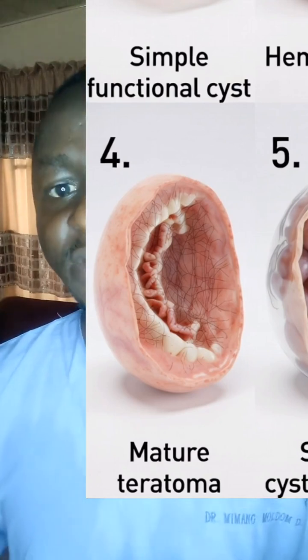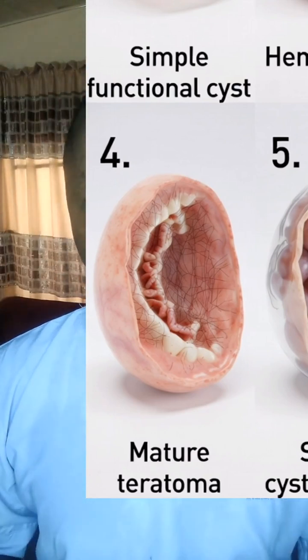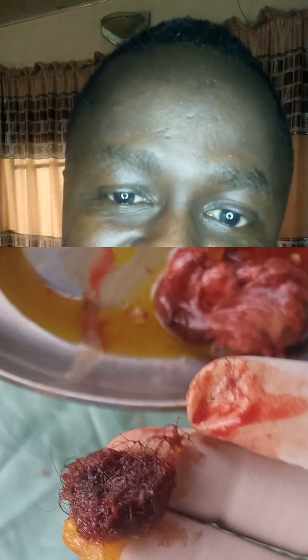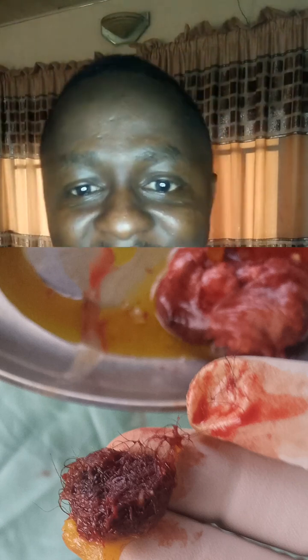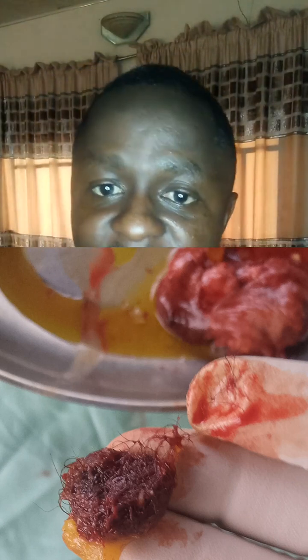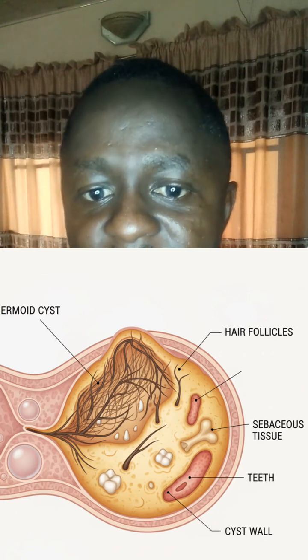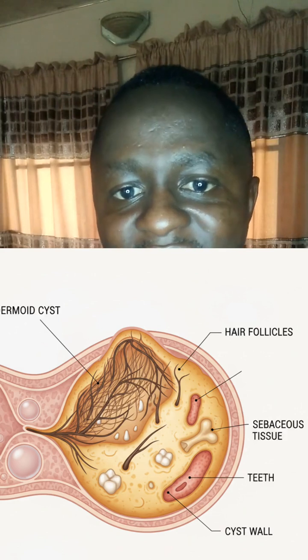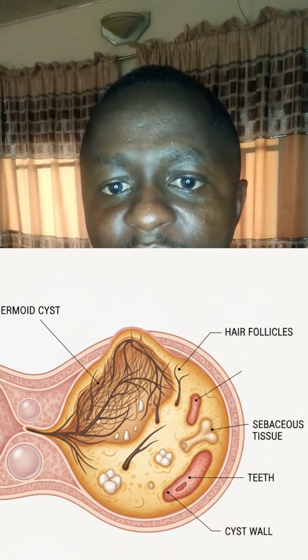Another can be the dermoid cyst, which is what usually will cause a teratoma. You can see the picture of one of the surgeries we did, and we found a lot of tissues inside, but for that one we found hair, literally human hair. And I remember that time some people saying it's witchcraft, that if it's not witchcraft, how did it enter into that place? So it's a sickness that we find. You can find hair, sometimes you can find tooth, you can find bone, you can find even an eye inside such a cyst. That's a sickness.